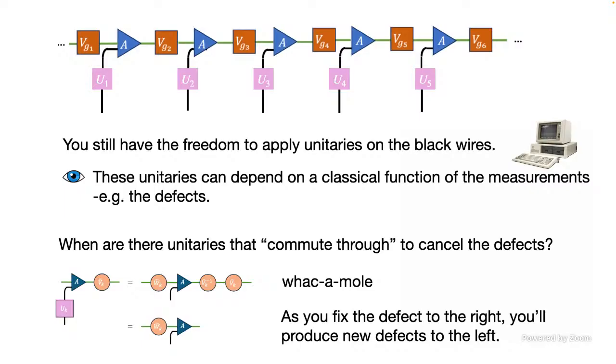You have an ability to put some unitary here. Roughly, you could think, oh, I'm going to commute the unitary through that tensor. What that's going to end up with is some extra defects running around. You're hoping that you've chosen smartly, so the defect cancels to the right, but then you're left with a defect to the left, and now you've got to cancel that defect and the defect that started there already. And so as you fix defects to the right, you produce a new one. Well, what you're hoping is there's some group structure here, so the defect you produced and the new defect combine together into some new single defect.